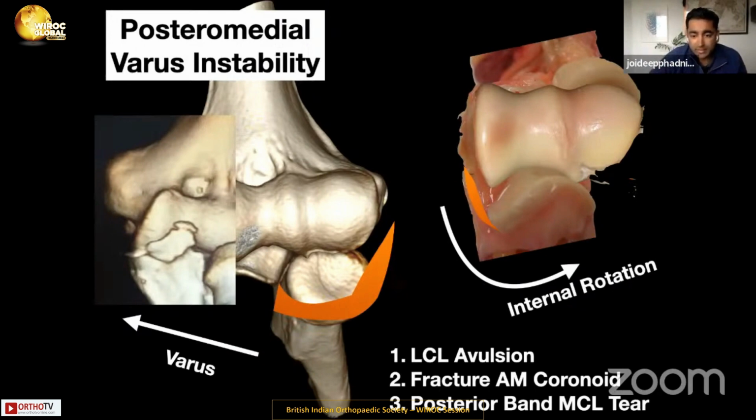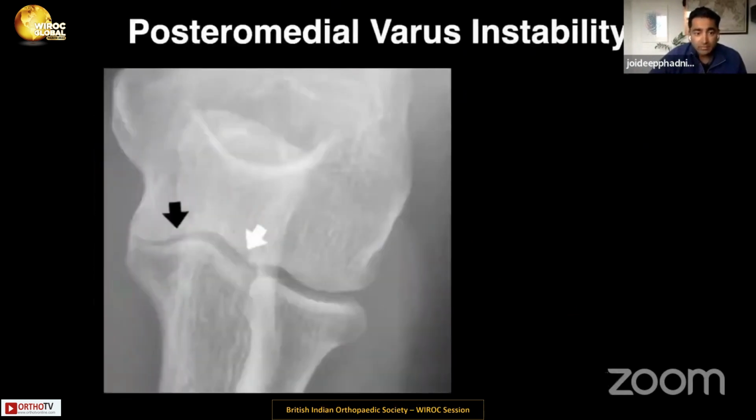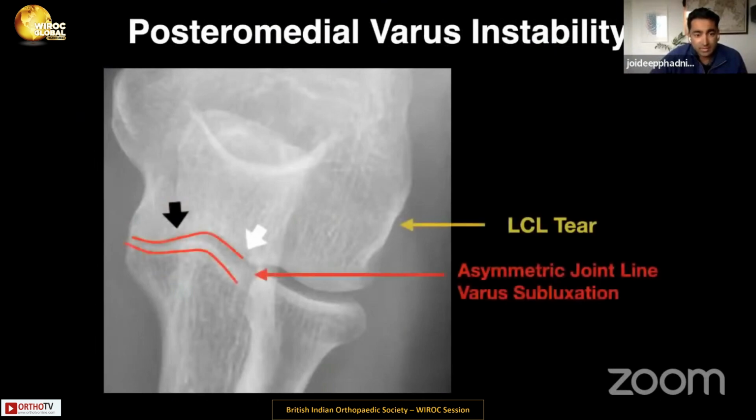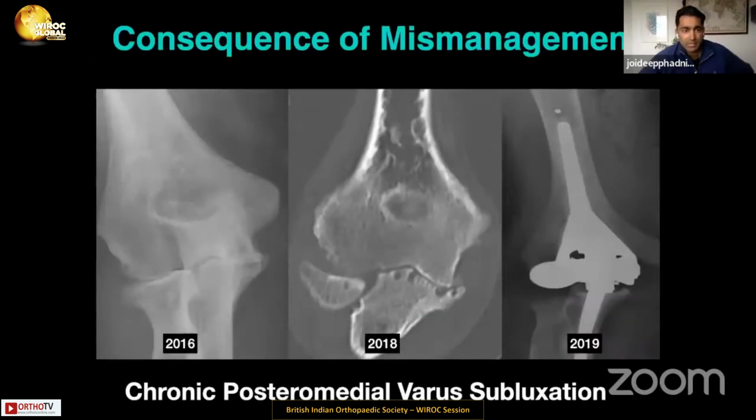And the posterior band of the MCL is the hidden injury that we can't see. This can be seen or inferred on static radiographs where you get this delta type sign widening of the lateral joint line. And remember, there's a lateral collateral ligament injury. I mentioned that this is particularly a malignant type because this chronic posteromedial varus subluxation can lead to rapid arthritis